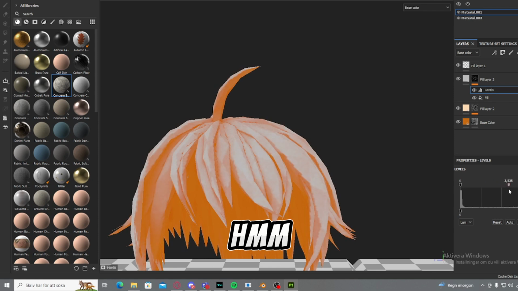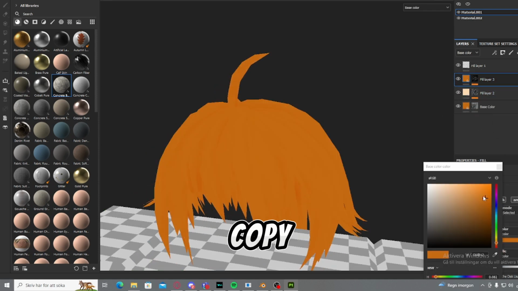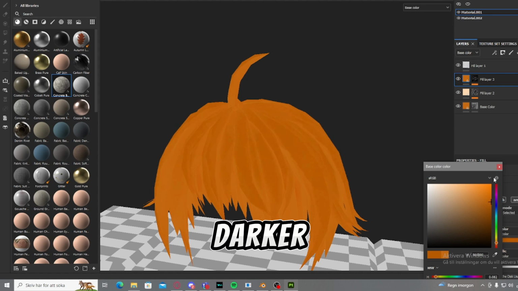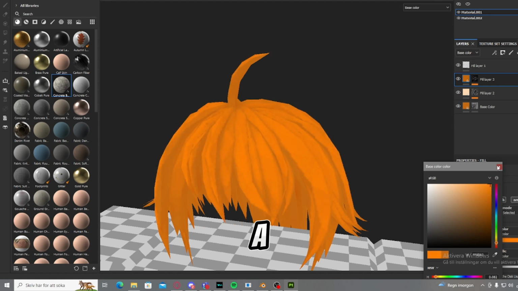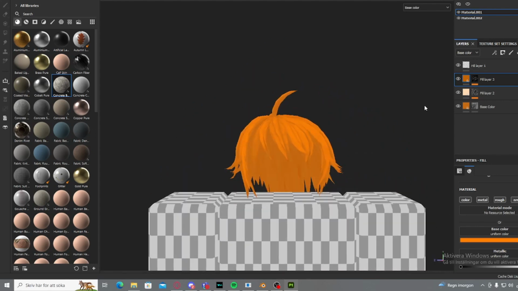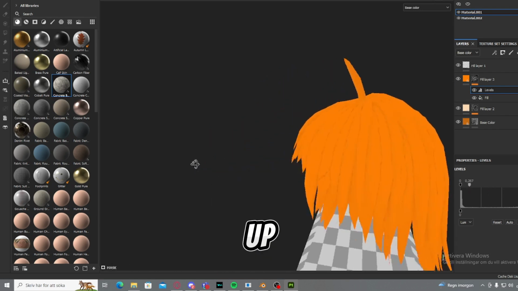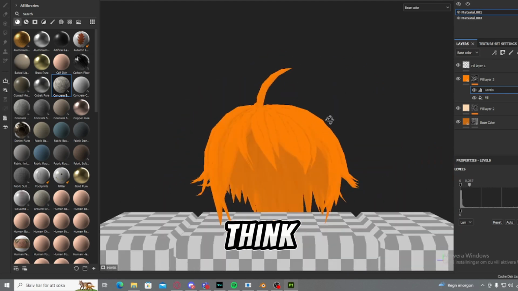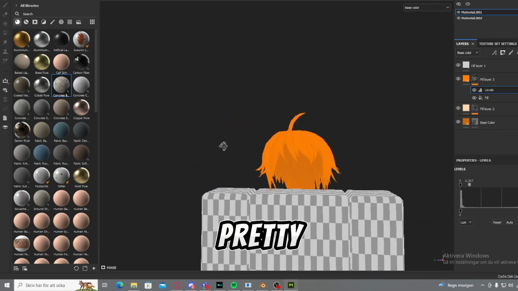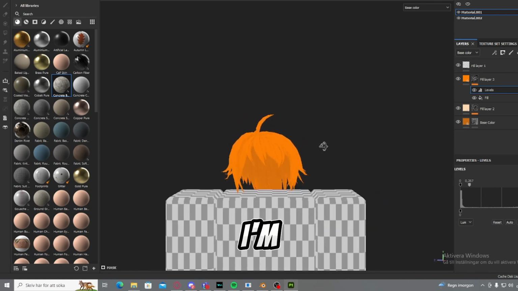I don't know where to put this. I'll just copy this, make it a little bit darker. Actually, no, maybe a bit lighter. Actually, yeah, a bit lighter. It's gonna look pretty good for this here. But then we're just gonna play around with this a little bit, see where we end up. So I think that looks pretty okay. Yeah. So I think this is where I'm gonna end off